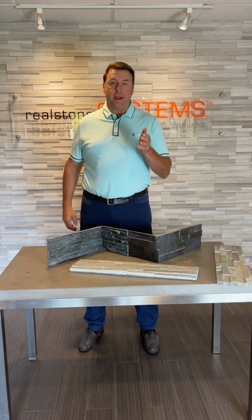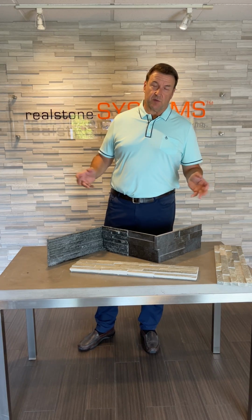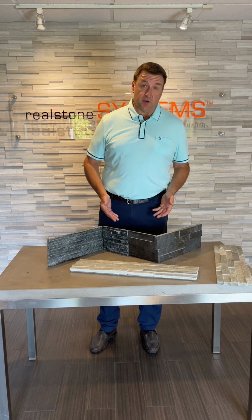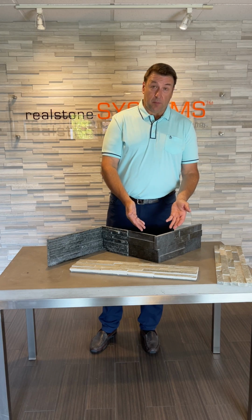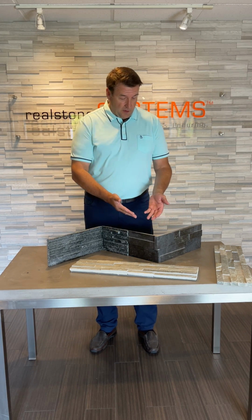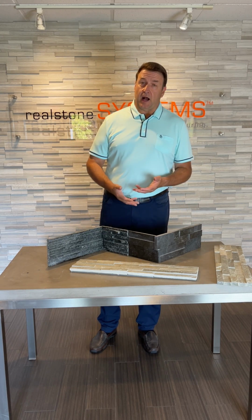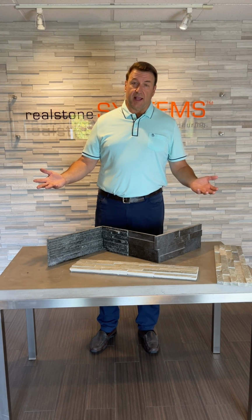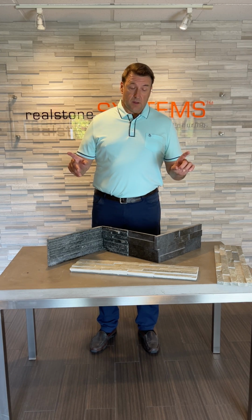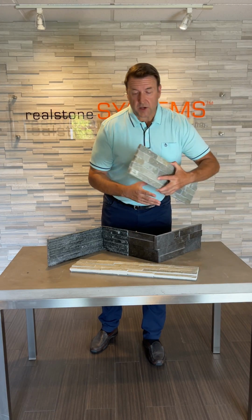The same great quality and attention to detail that we put in all our Realstone system products can be found in our design solutions. What you see in front of you is our two-piece corners, our carbon honed accent, as well as our midnight sky thin, and how you're able to line them up depending on what your wall looks like in the design. Sometimes a corner is better treated, or a change of plane, with what we call a